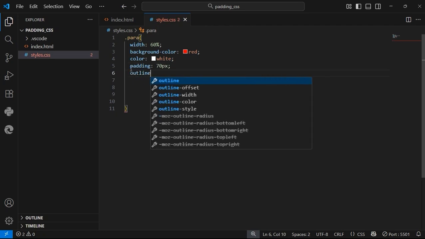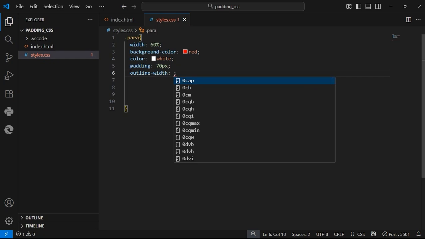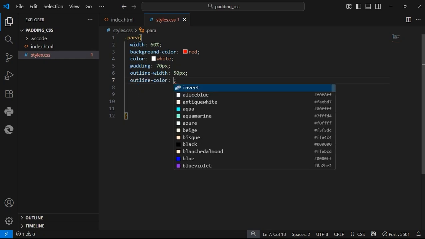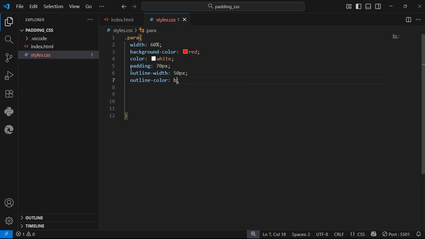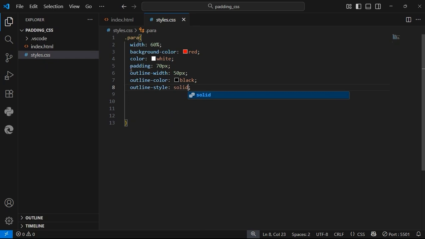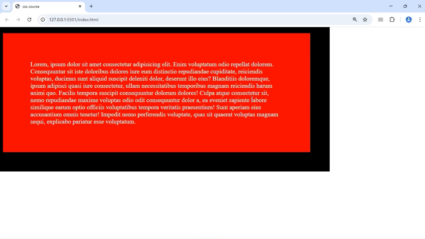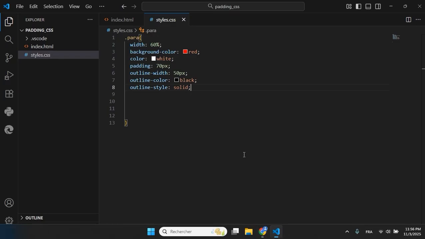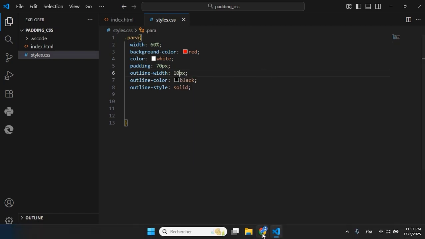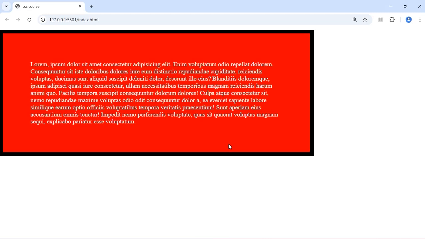Let's start with outline width. Let's make it 50 pixels. Let's say outline color. Let's make it blue or black. Outline style. Let's make it solid. Now let's get back to the browser. And here's our outline. I think it's too much. 50 pixels, I can make it 10. Yeah, that's much better. One last thing we can add is